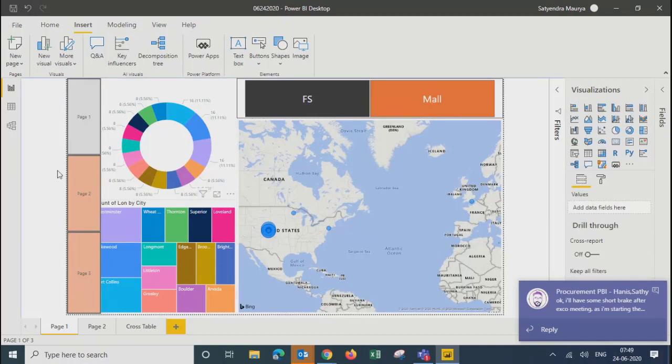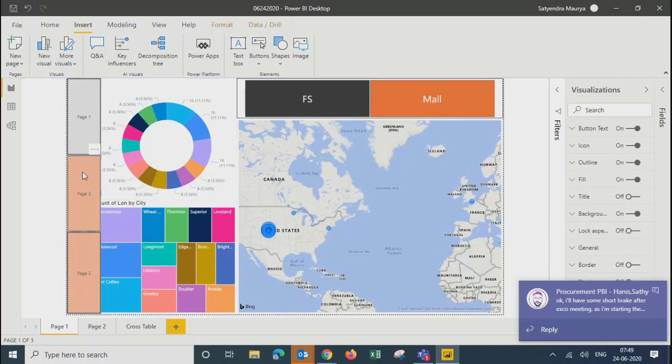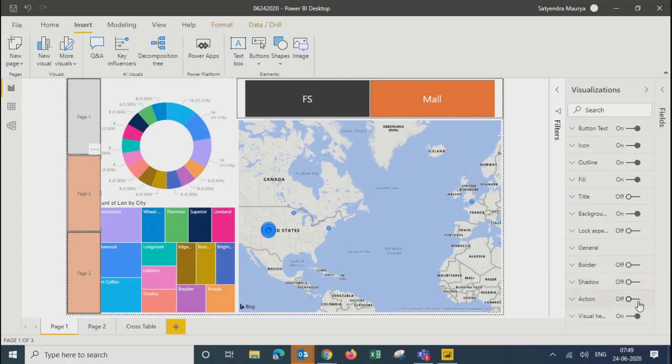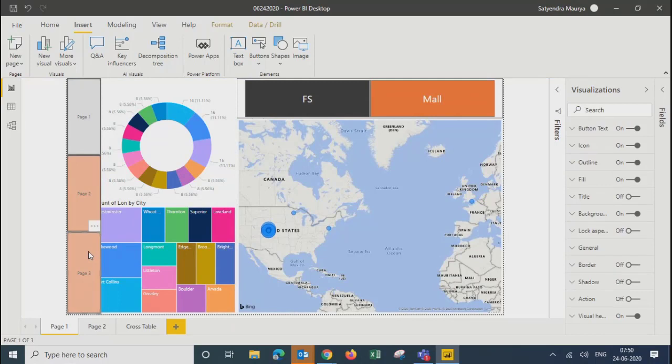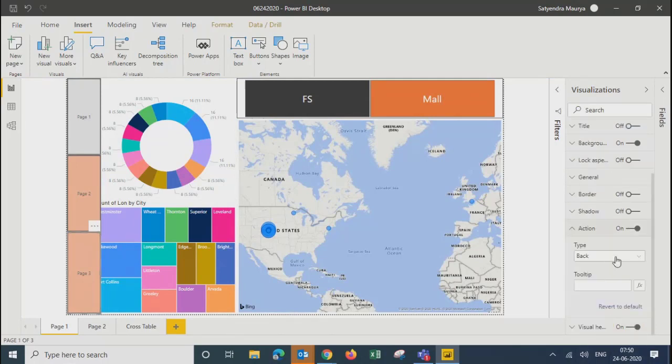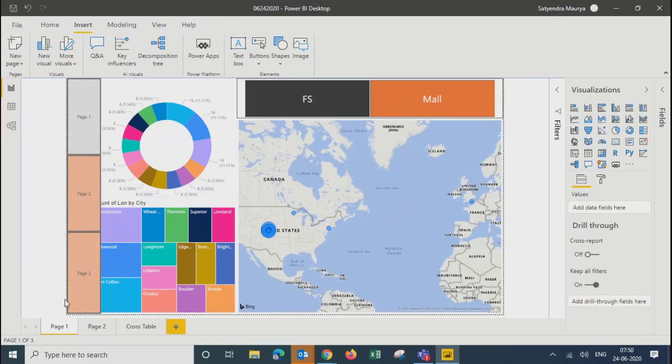Then on the page 2 button, I'll mark the action as page navigation and select page 2. Got it? For page 3, I'll again go to action, select page navigation, and cross table. So for these two, I have set the navigation.